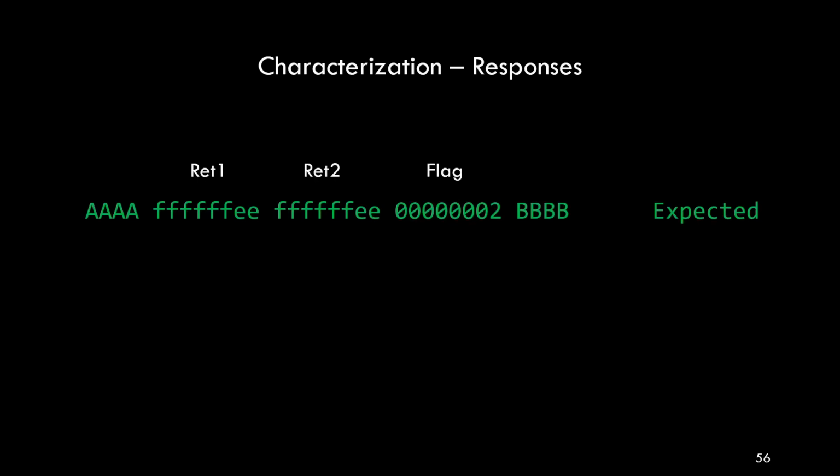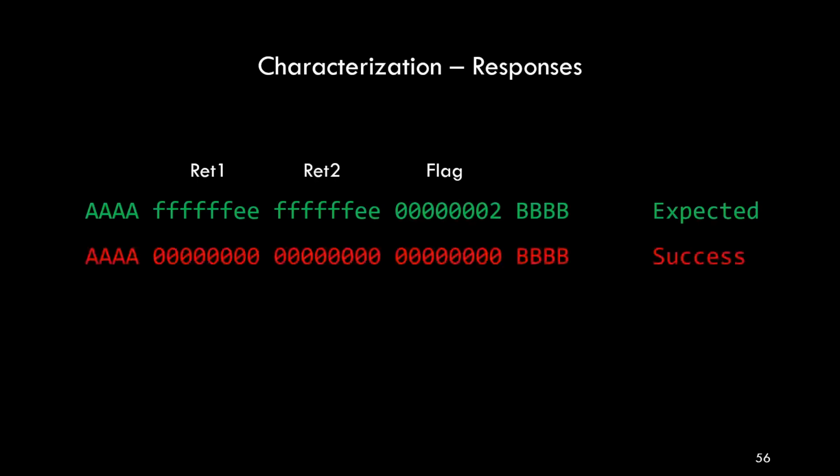Now, when we inject a glitch exactly at the right moment in time with the right strength, we expect to receive the following. Return value of SMC call 1 is 0, because we influence the conditional check. Return value of the second SMC call is also 0, because the range check now doesn't fail anymore, because we successfully updated the secure range entry. And the flag field of that particular secure range table entry is actually set to 0, because that's what we achieve with a successful attack. Of course, there are many other responses possible, but we disregard them for now.